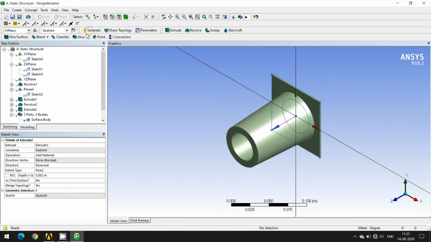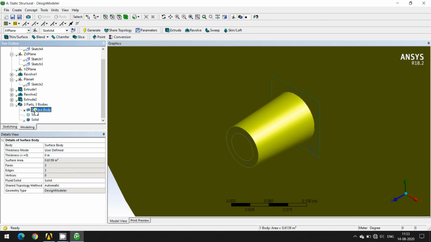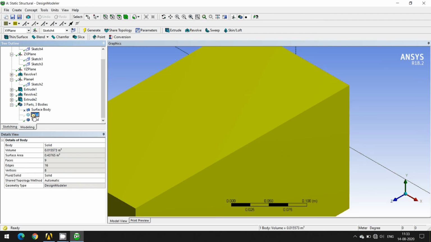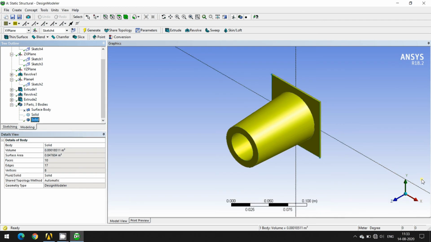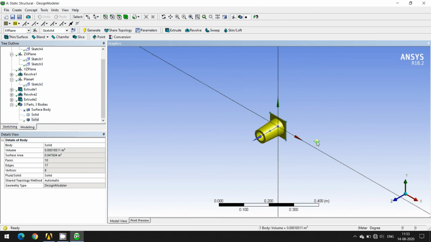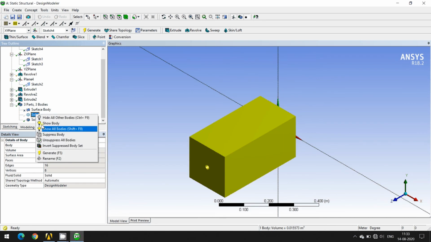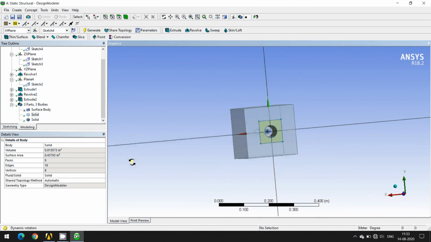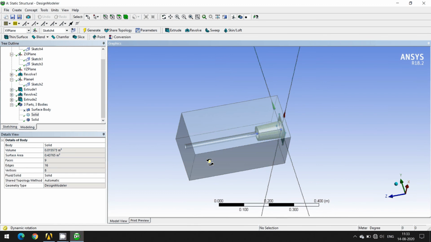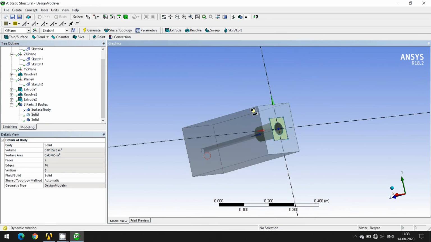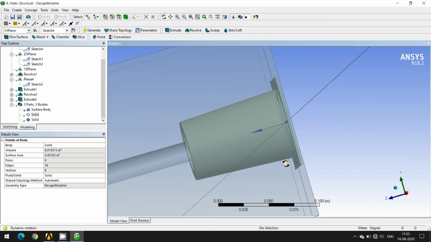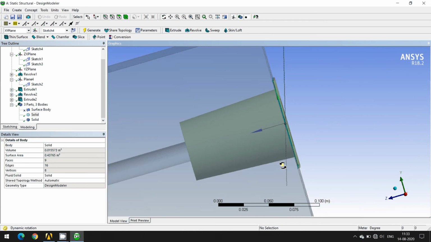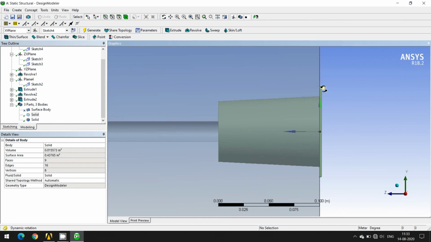Now you can see we have now two parts. The first part was a surface body which I have removed. The second one was the concrete, and the third one is your base plate. Okay, so this is how you can generate this. You can show this body. Now you can see both the shapes. We have a concrete which is having an opening, and at the same time we have the anchorage plate, and this anchorage plate is of size 0.2, or rather 2 millimeters, which is coming outside the surface of the concrete.